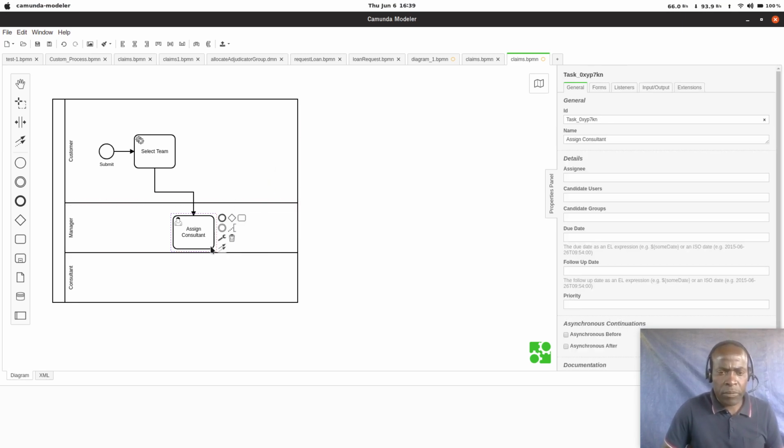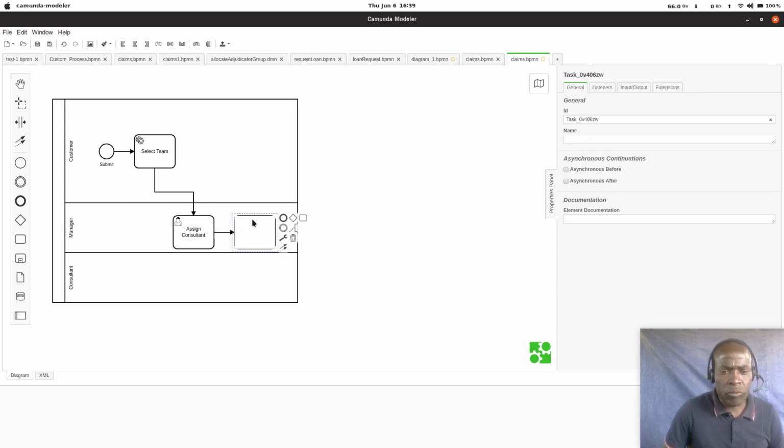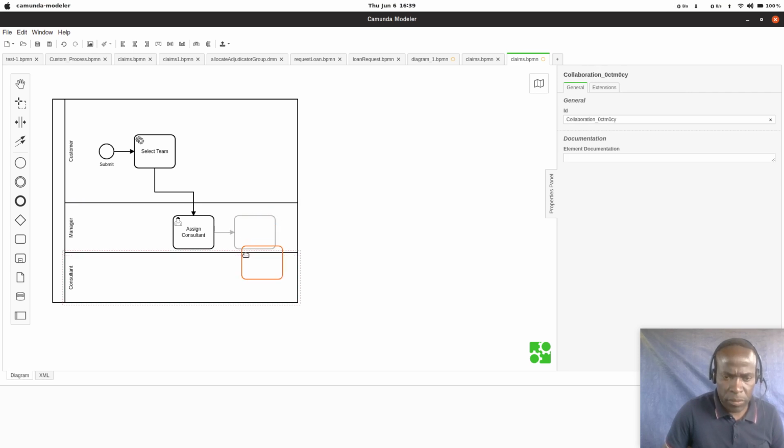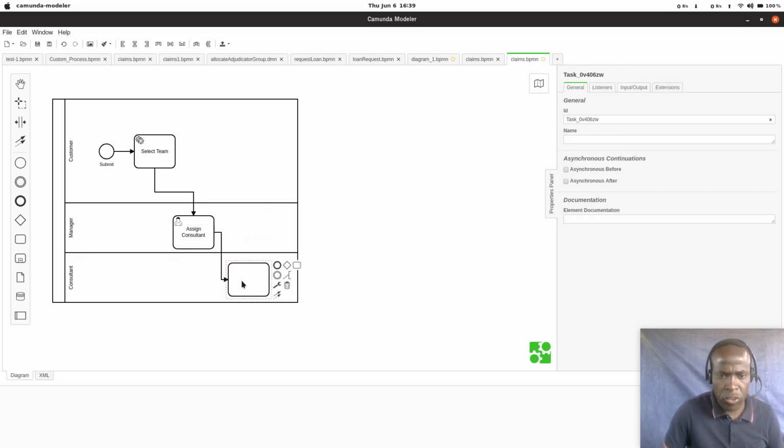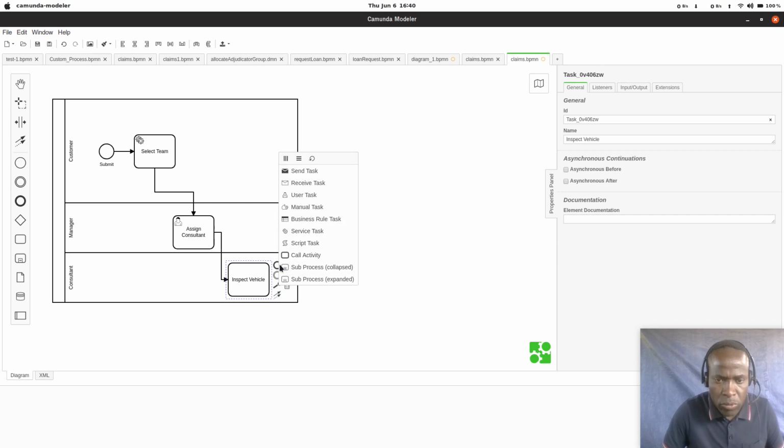And once a consultant has been assigned, we create an activity for the consultant to inspect vehicle, right? And we change that one to a user task,